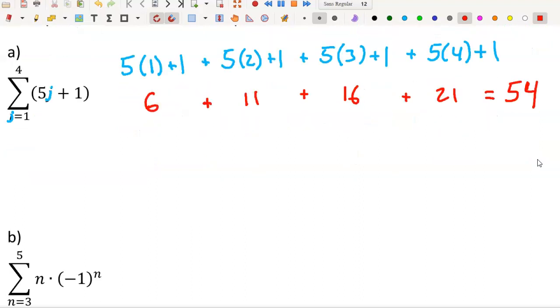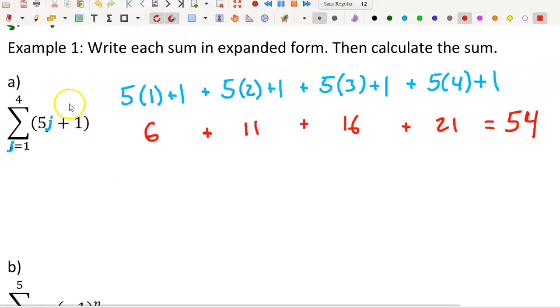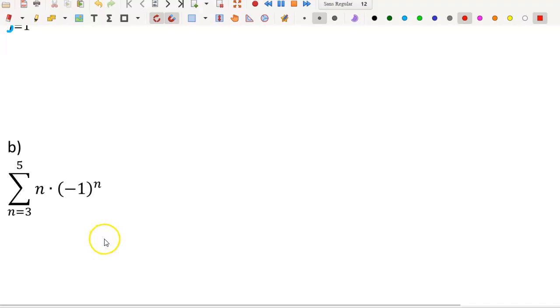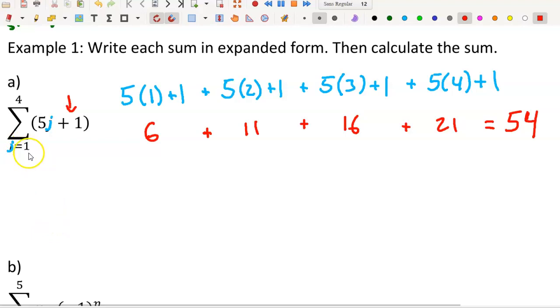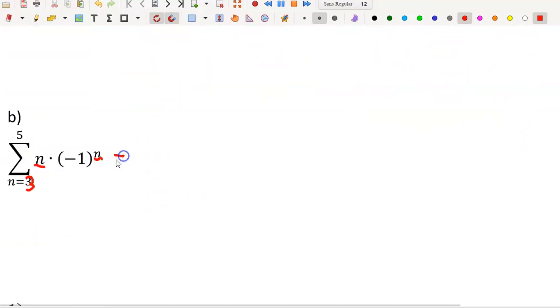So that's arithmetic. B is geometric. You can see that, well, since this has a +1 right here, you can kind of tell that I'm going to be multiplying as well, but this has the exponentials as a variable in 2 places, so you have to plug in the number 2 places. Note that it starts with 3, though. It doesn't start with 1. So there's no rule that says it has to start with 1. Often it does, but it doesn't have to. Okay? So that just equals